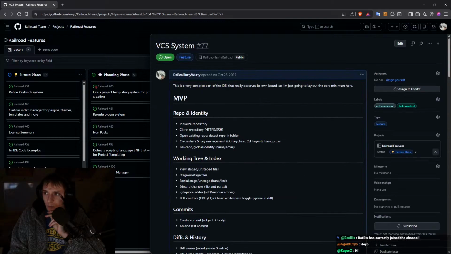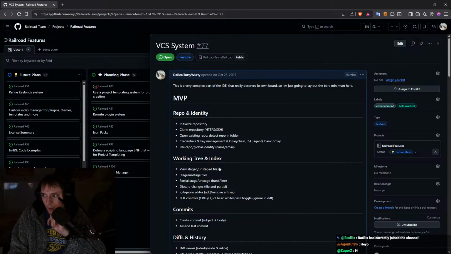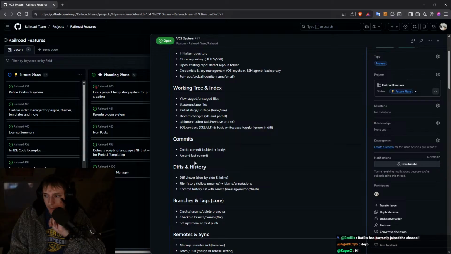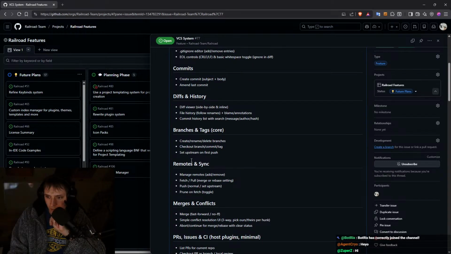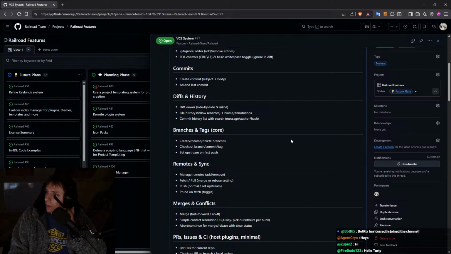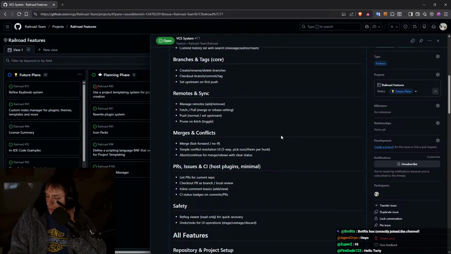A VCS system would be good, but obviously that's a ton of work, right? This is an insane amount of work, and I don't know that it's necessarily necessary. I don't think it's super important right now. I mean, we could do it. I can't imagine it would be too hard. And that would basically involve